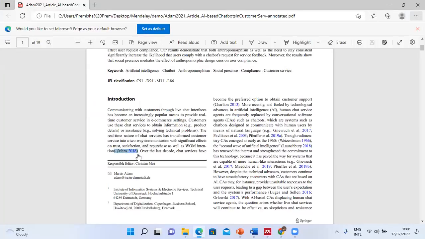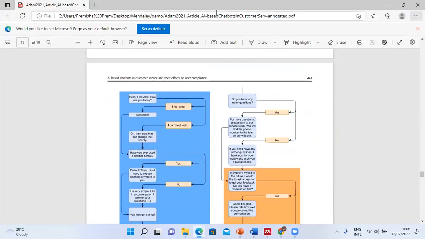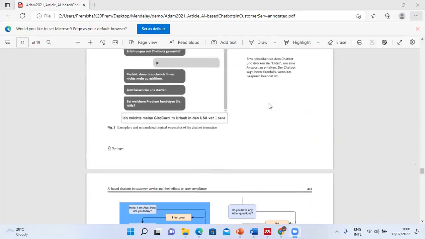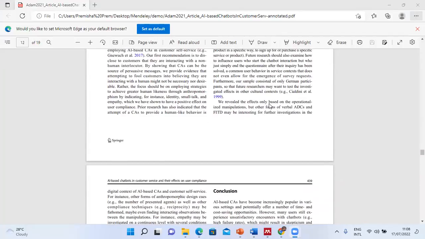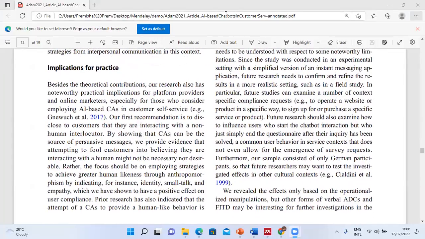So this is a citation in, sorry. So, wait. Can you see that, right? Here that